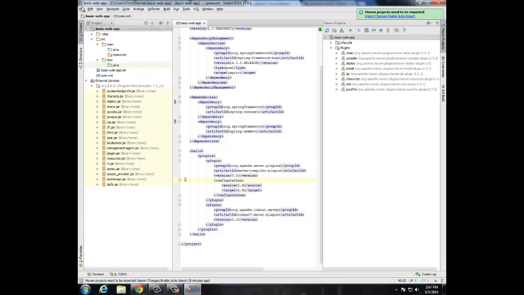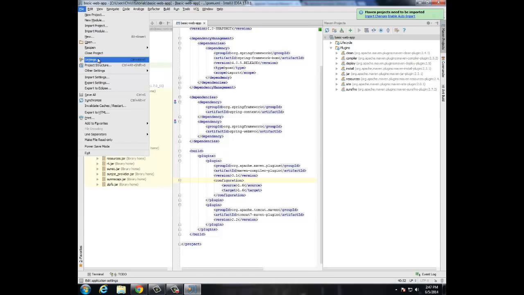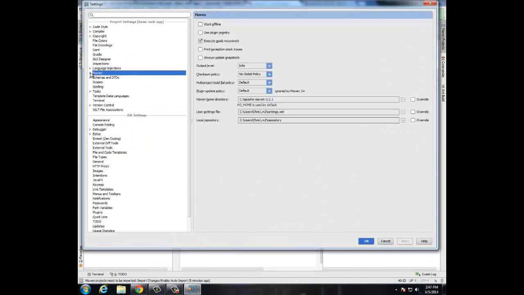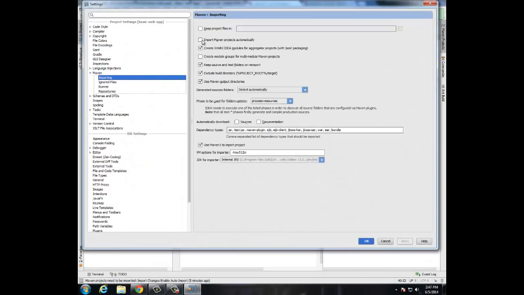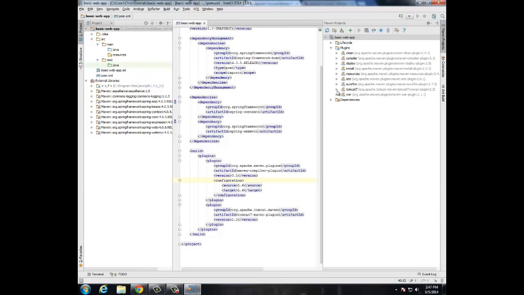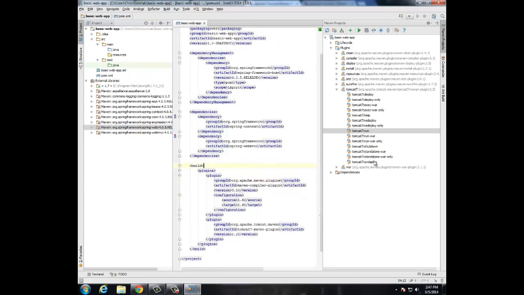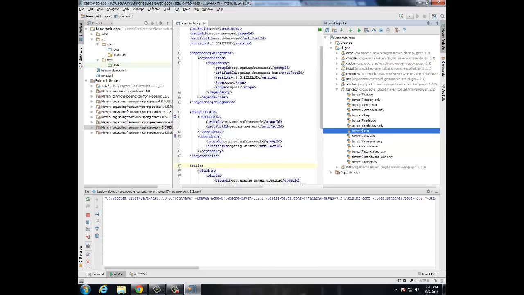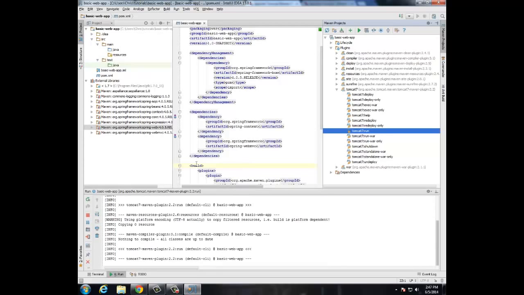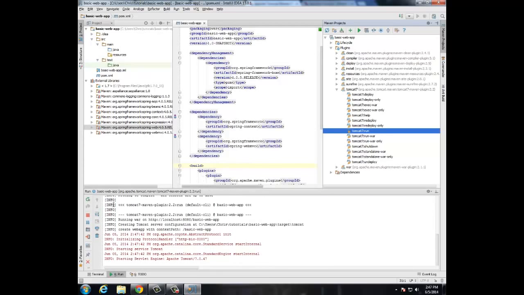So you need to go to File here and then go to Settings, and then under Maven go to Importing, and then click Import Maven Projects Automatically. Click Apply and then click OK, and you'll notice that Tomcat 7 imports on the side here, so now we have access to all of the plugin functions, and over here on the left we have the different Spring dependencies that we included. Now if we run this application, it should start up the server without bugs,